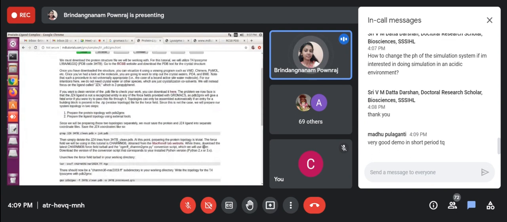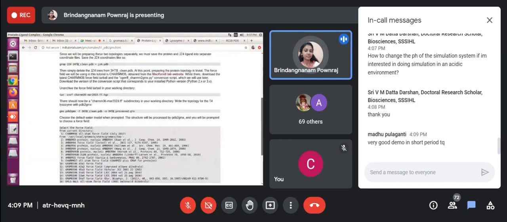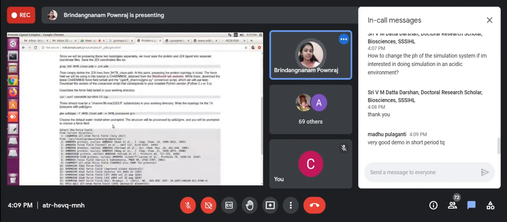So the only difference is here our protein is having a ligand, which means our protein is in a complex mode. So in the first step while importing, you have to remove our ligand. Only the PDB structure of the protein of your interest, that only you have to import. And we have to prepare the ITP file. Here we are preparing the ITP file for our protein, right? 3 files we are preparing: one is the ITP file, then the topology file, then finally the gro file. We are generating 3 files in this step.